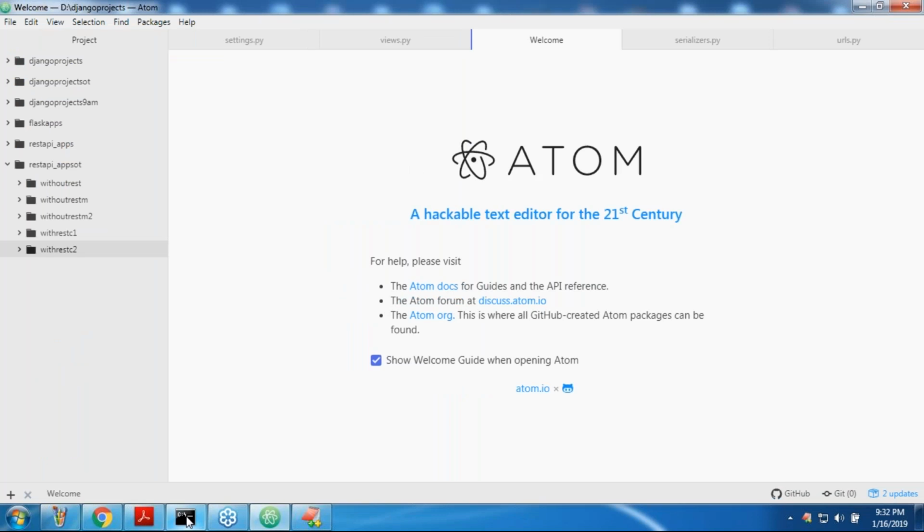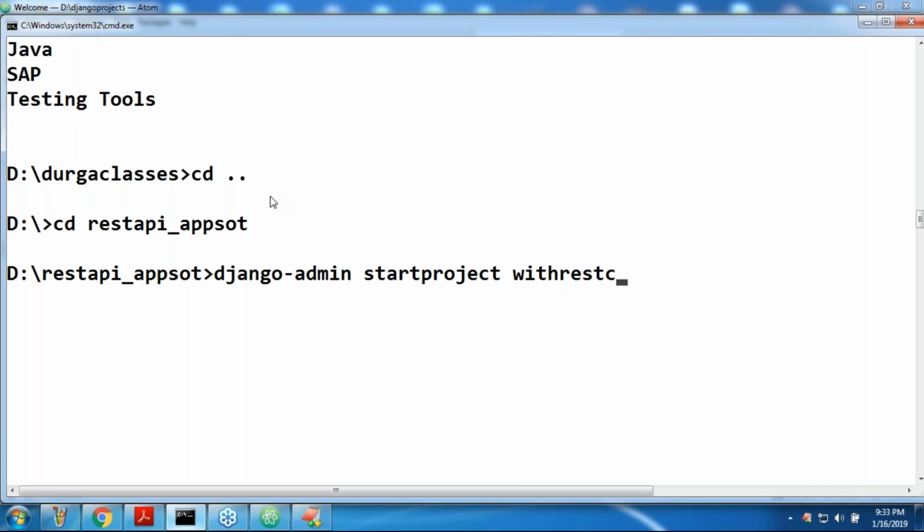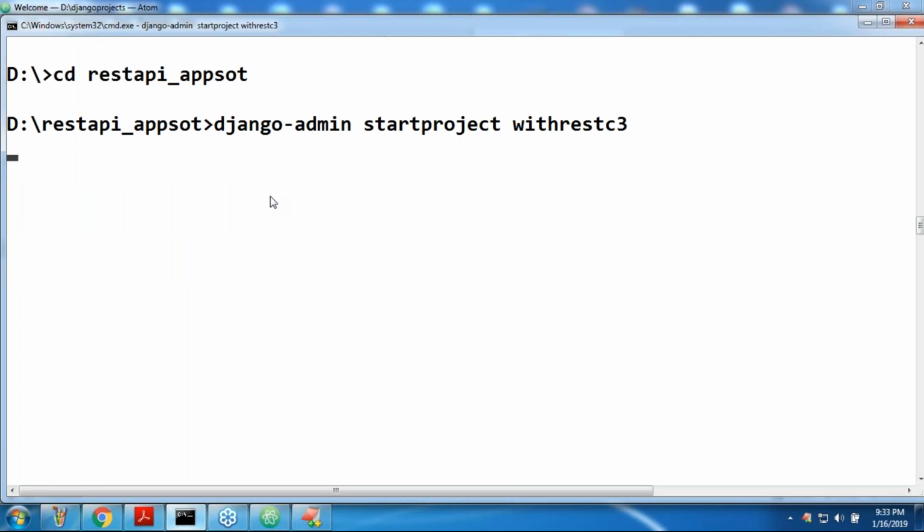I want to start a project. Here just the REST API apps voting. Sir, cd, and here django-admin startproject. What is the project name I'm taking, sir? With the rest of C3. Regarding rest of C3 like this I'm taking, sir.